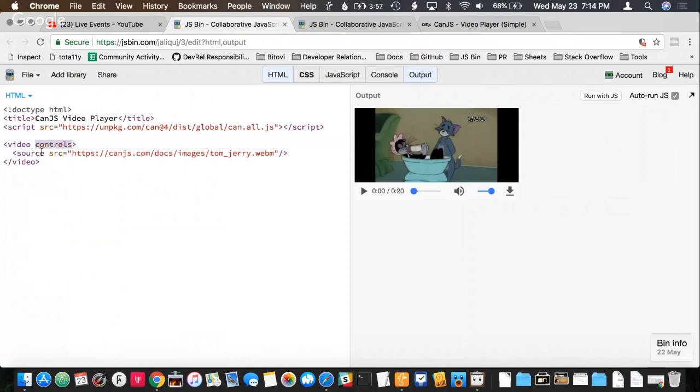And you can add a controls attribute to the video element, and the browser will decide however they want to render the controls. So like in Chrome, we've got the play/pause, the current time and duration, a little slider for being able to go to different parts of the video, some audio controls, and a way to download the video,